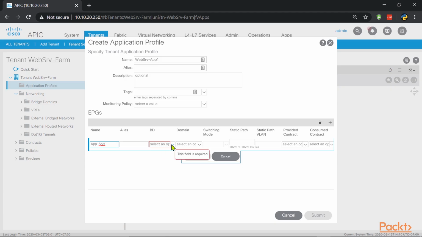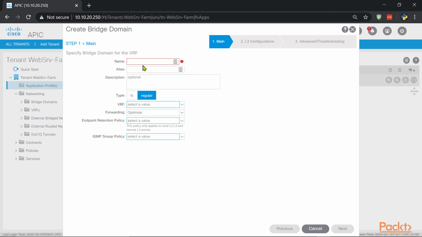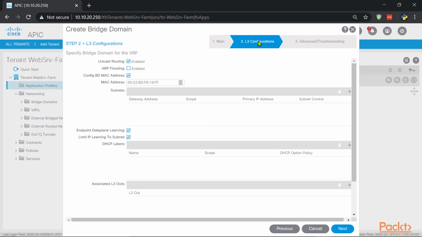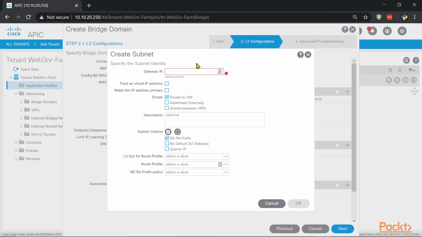Okay, let me go here, app-SRVs. Bridge domain. Remember, we need to allow communication in that tenant. We need to assign addressing to the endpoints inside the endpoint group. So let's create a bridge domain, app-SRV-BD, because that's my bridge domain name. And we attach that to the VRF that we previously created during the application profile setup. Next, it's asking us, do you want to allow or assign layer 3 addressing? Yeah. Plus gateway, 10.150.1, and the gateway is